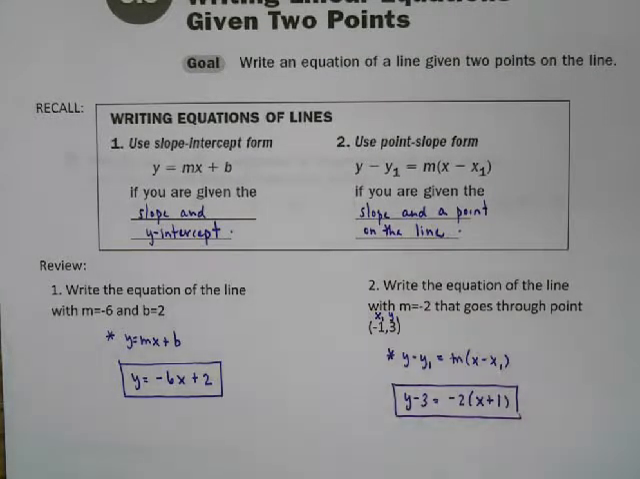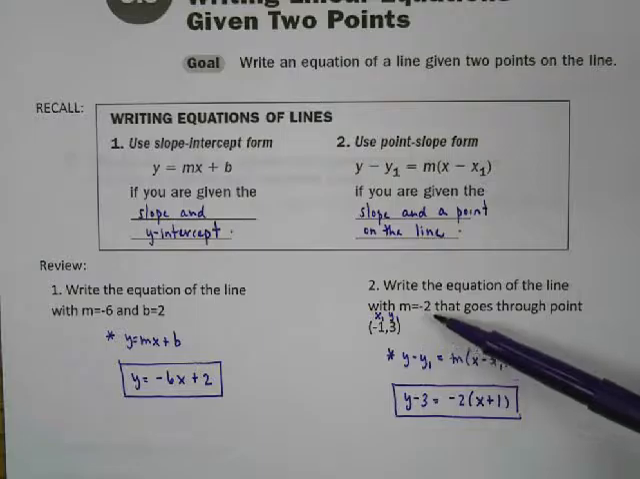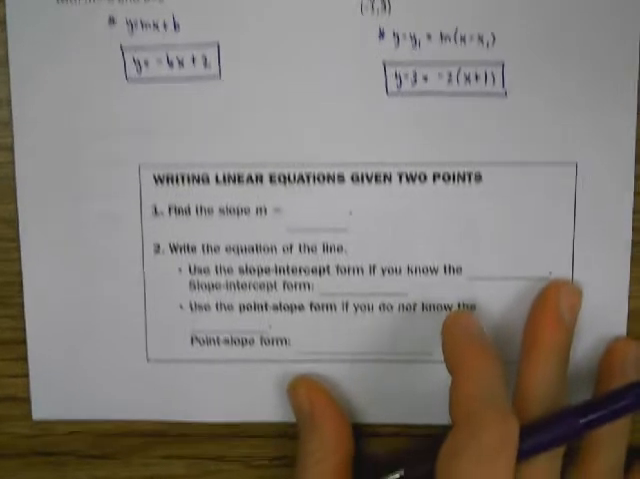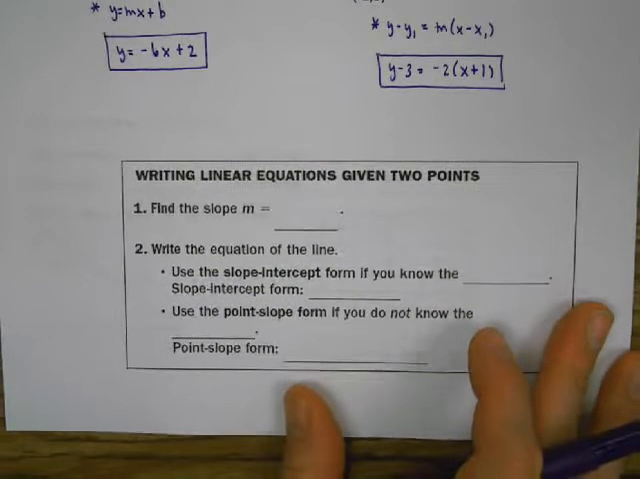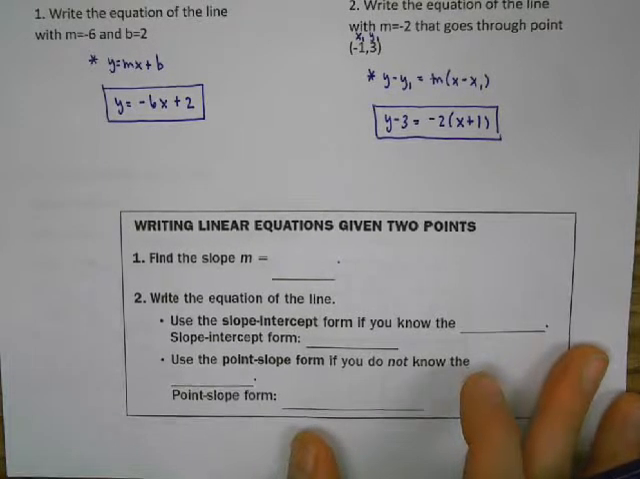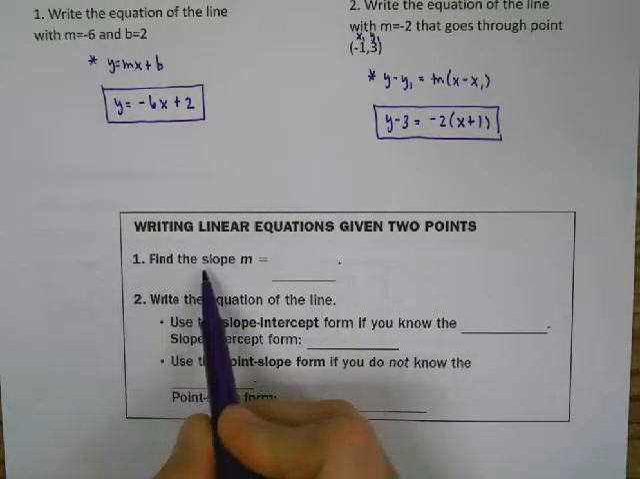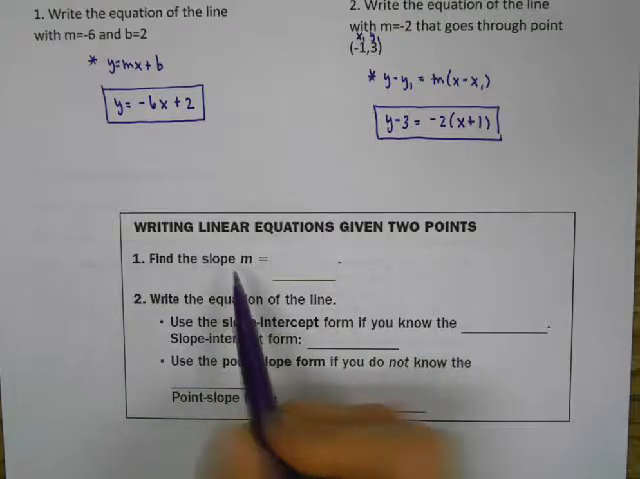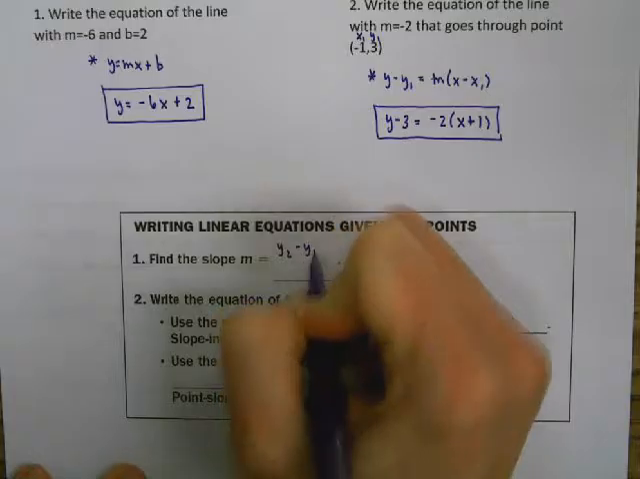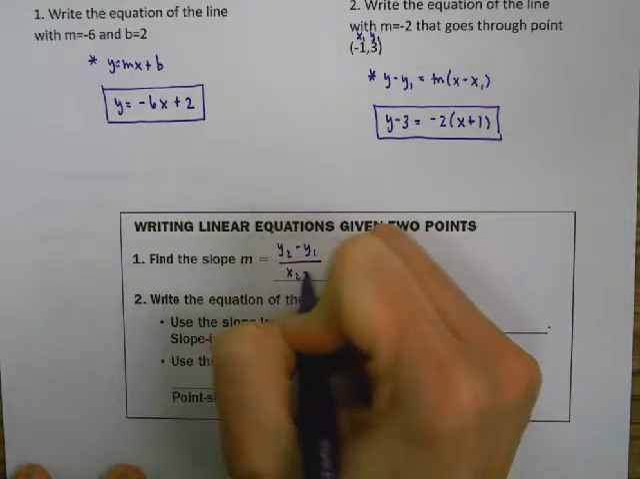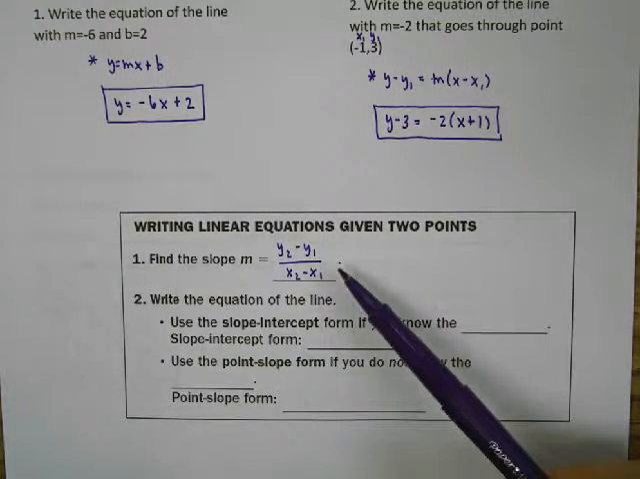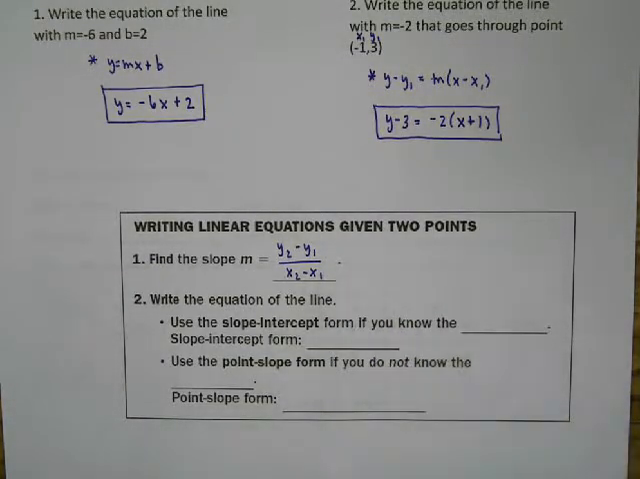So the change that we're going to have today is that instead of being given the slope and a point, now the examples we're going to do, we're going to be given 2 points. So we're actually adding in a step here. The first thing we're going to have to do is find the slope using our slope formula. And if you remember, that's going to be y2 minus y1 over x2 minus x1. So first we're going to do the slope formula, and then we'll be able to go ahead and write the